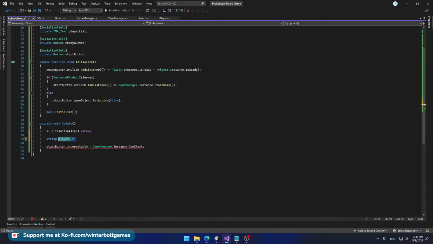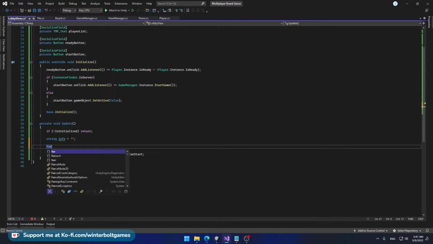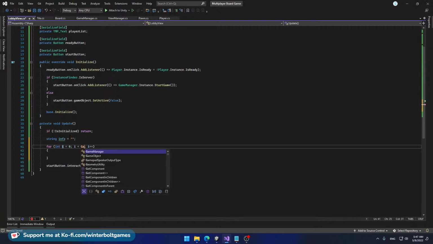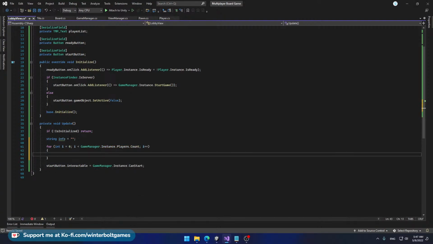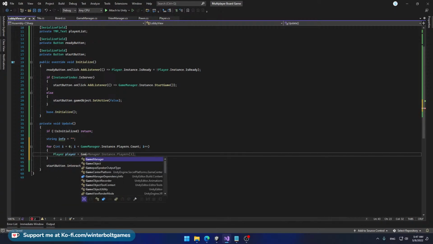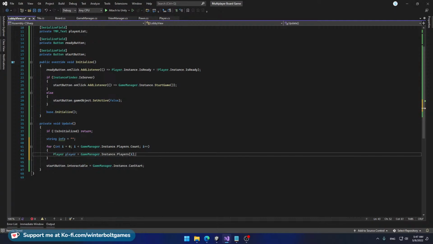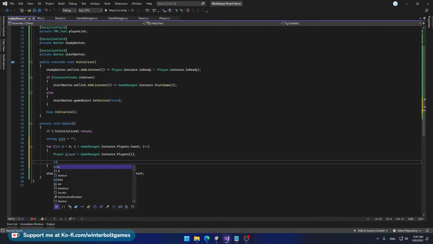I'm going to say info equals an empty string, and I'm going to say for i is less than GameManager.instance.players.Count, and then we go here and say player equals GameManager.instance.players[i], and I'm going to supply info, so let's say plus equal,